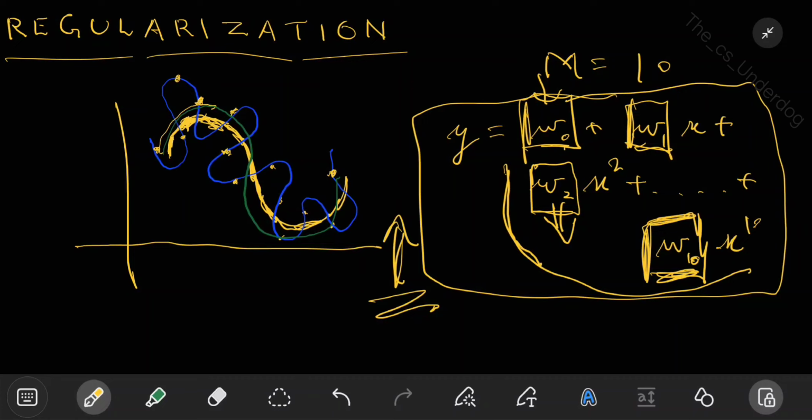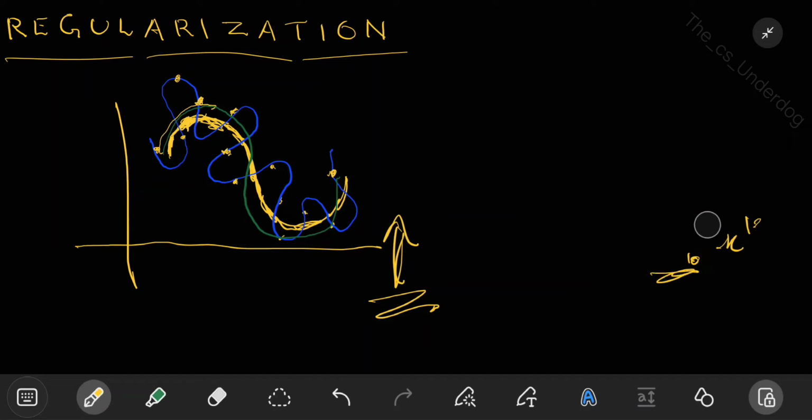What will you do for that? That is the concept of regularization. You will add a penalty term. That is, you will penalize whenever W takes larger and larger values. Let us consider the sum of squares error. Sum of squares error, how did you calculate? Error